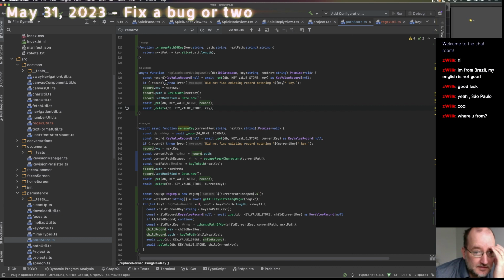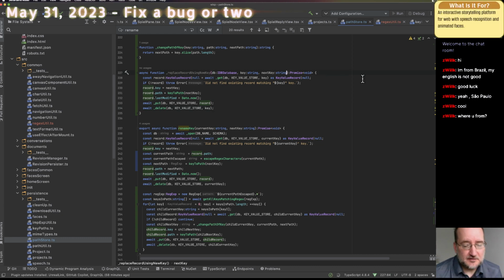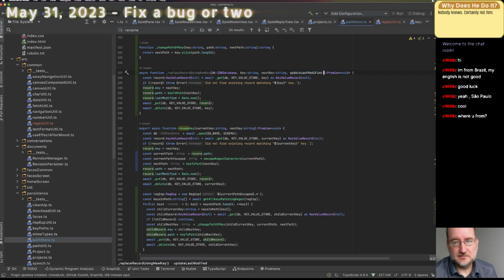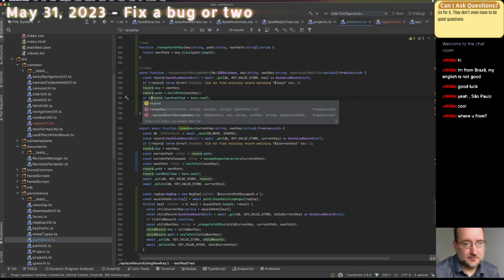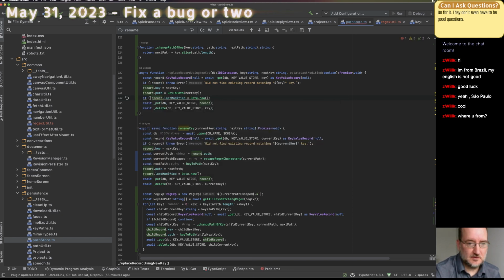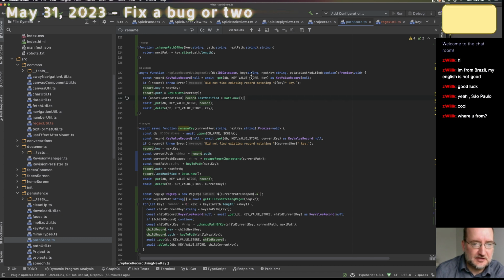Okay, so that's fine. Let's add a Boolean update last modified. Okay, so let's just make sure this is doing the same thing that I was doing down here. If update last modified. Okay, so you get the record, you get it from the key.